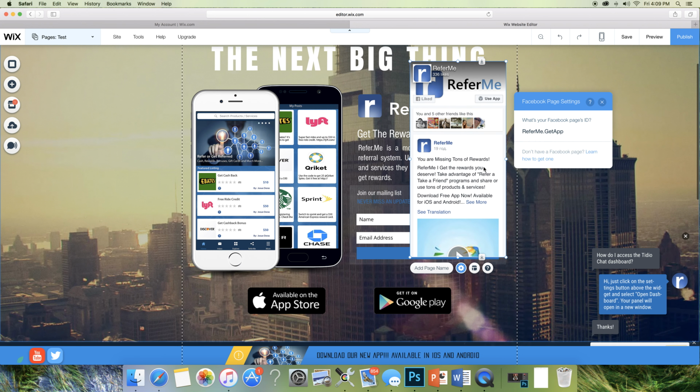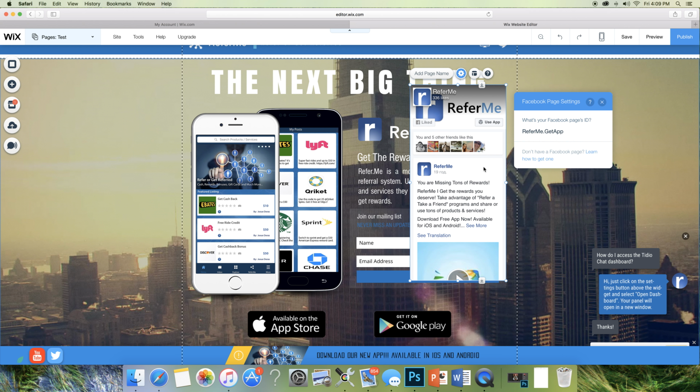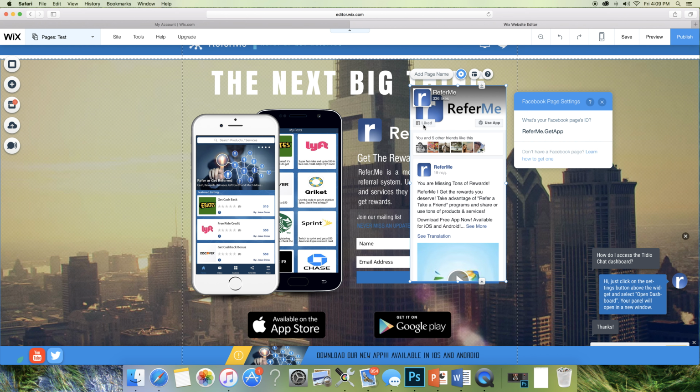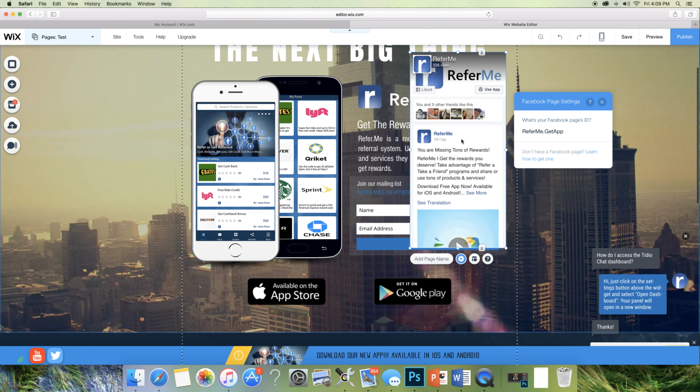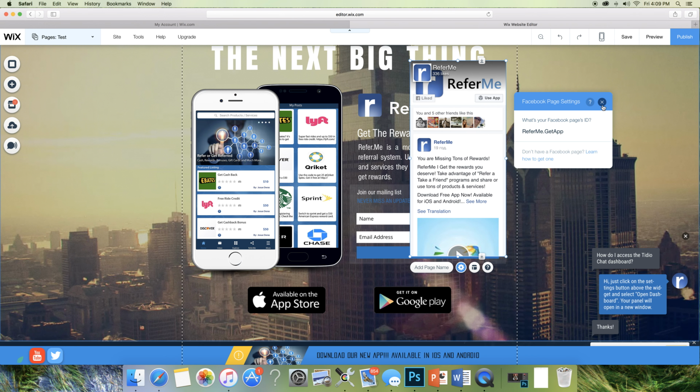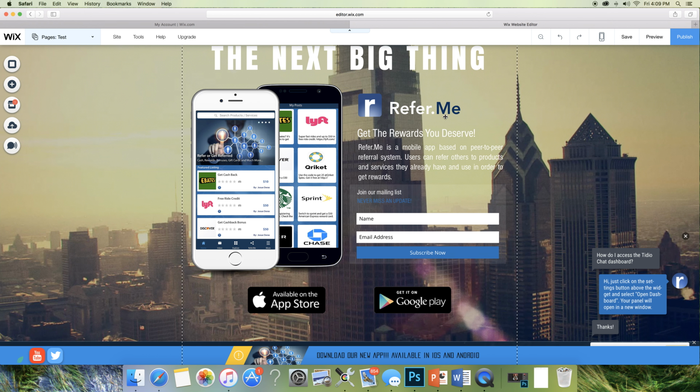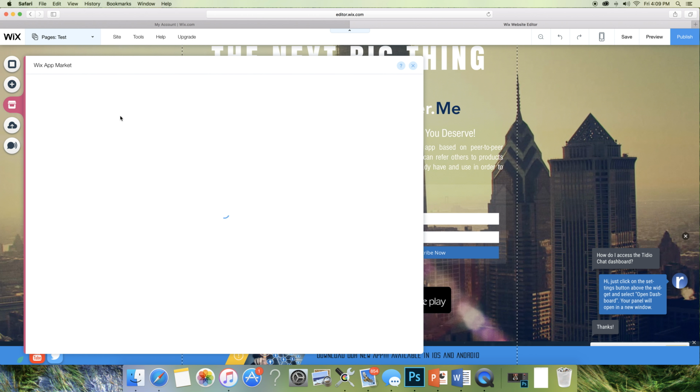So every time you post something, it's gonna keep showing it on your screen. It's gonna show how many of your friends liked the page. People can just click in there and like your page. So that's a pretty cool feature. Now I'm just gonna add one more feature. Let me see. I'll just delete it, click delete on your keyboard, and I want to add another feature